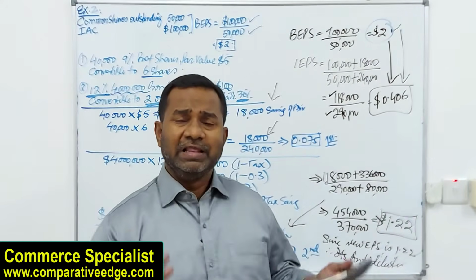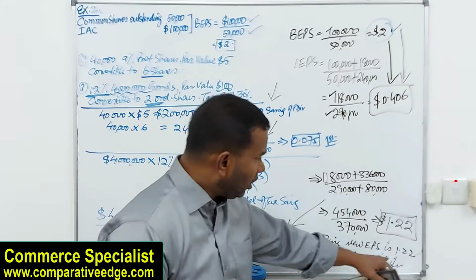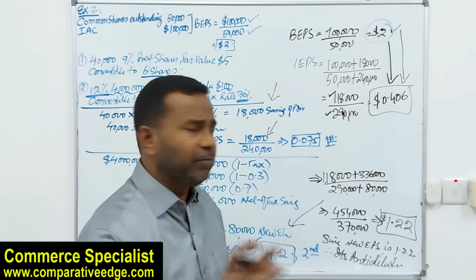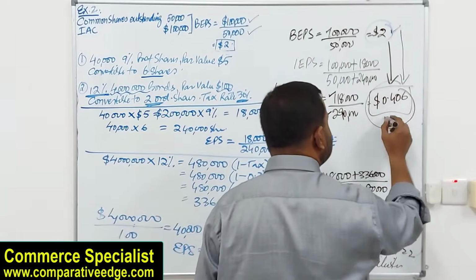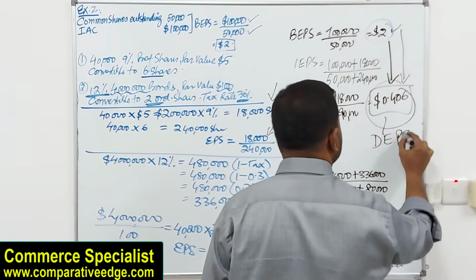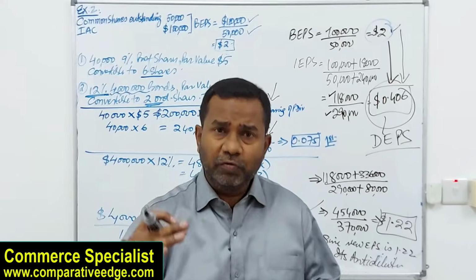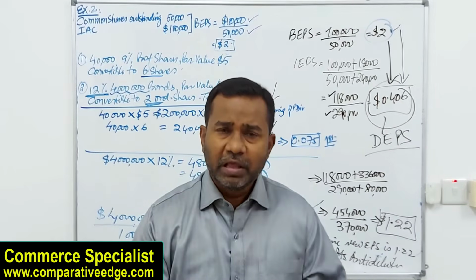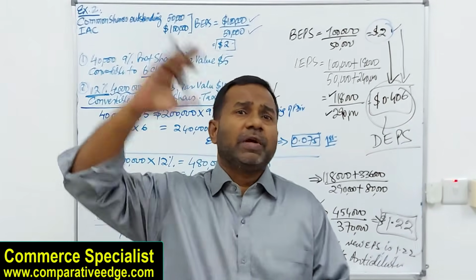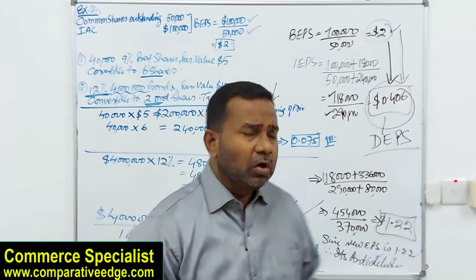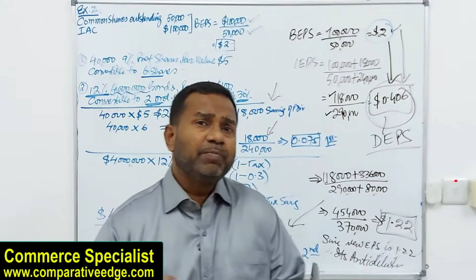So in the exam, this 1.22 is not your final answer. You have been asked to calculate diluted earning per share. This will be your answer, this is your diluted earning per share. Being prudent, if the EPS goes down, we disclose that. If it is increasing, that's something in the future. The prudence concept says future profits are not to be recorded. And we are looking at the potentially